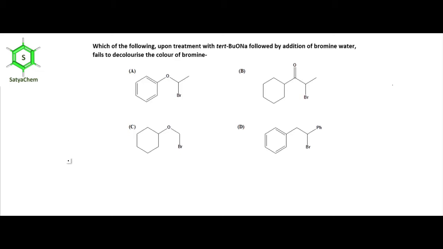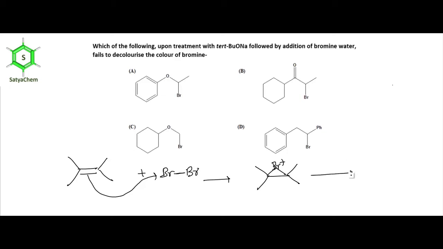What happens? Let's say this is an alkene and this is bromine. This is the pi bond. Now if we answer this question from the molecular orbital concept, the sigma molecular orbital is filled, but the sigma star of Br-Br is vacant. So we can assume that the pi cloud attacks the sigma star of the Br-Br bond. So we expect a cyclic bromonium ion.